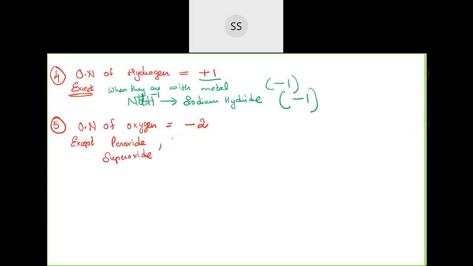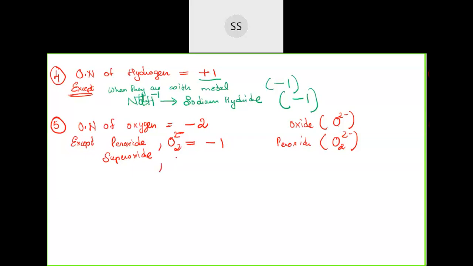Peroxide is this: hydrogen peroxide, H2O2, is one example. So here O2 with 2 minus. This is peroxide. Oxide is what? This is oxide, which you have studied from your higher classes. Oxide is O2 minus, so one oxygen carrying 2 minus charge. Peroxide is where you have 2 oxygens combined together with 2 minus charge. So one oxygen's charge will be how much? One oxygen's charge will be minus 1, because here 2 oxygens are carrying 2 minus charge, so 1 will have minus 1 charge.